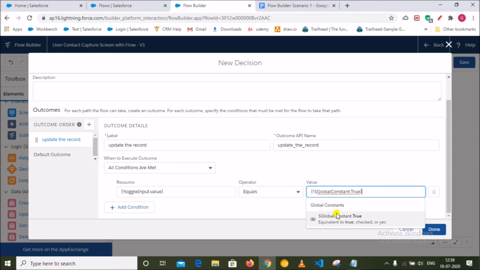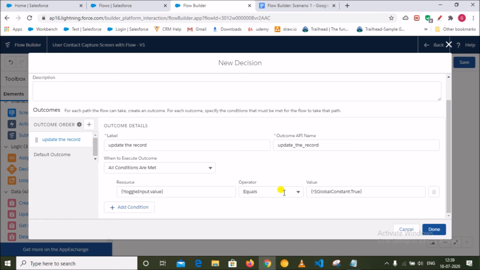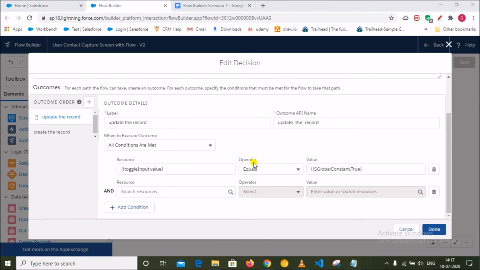A lot of global constant values are available here, so you can use them. So the first condition I have selected is that the toggle value is active, that means the toggle value equals true.